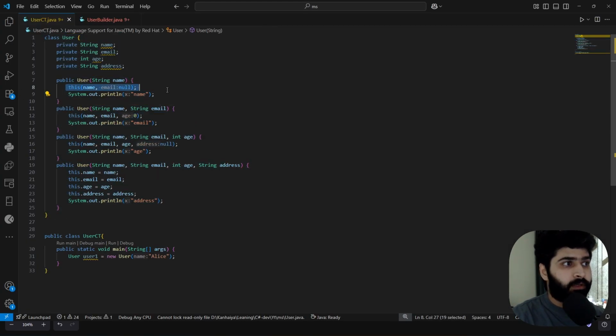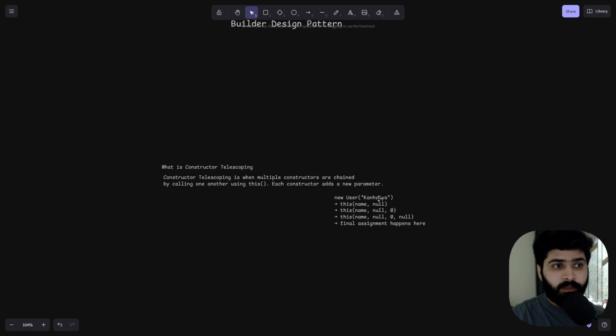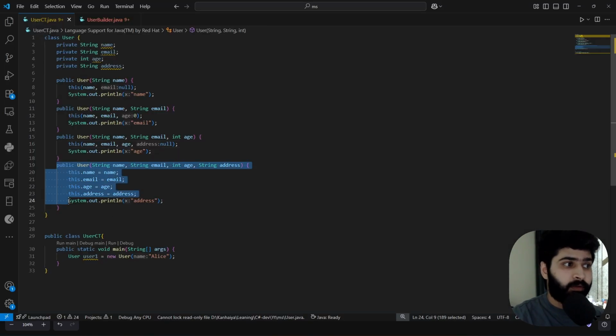Inside there we are calling another constructor, and inside each constructor we are adding a new parameter, although we are assigning null for the rest, as you can see in this example: age is null, address is null, email is null, and the final assignment happens at the end in this method.